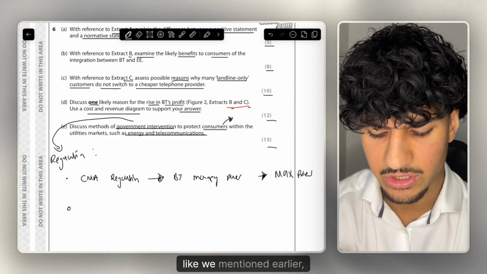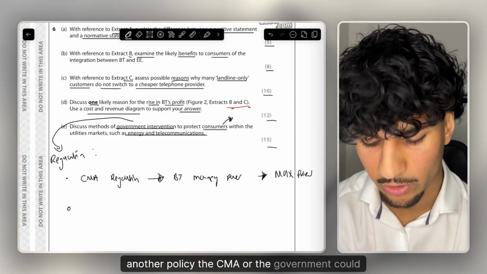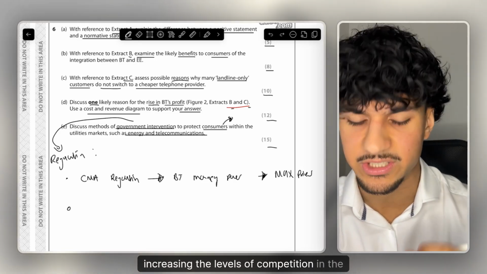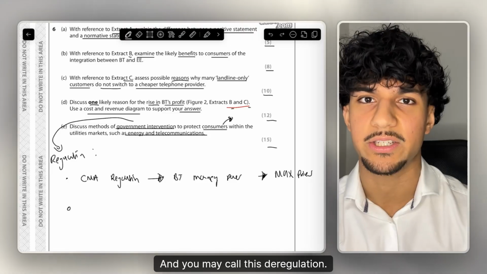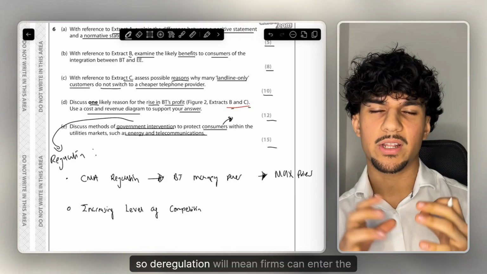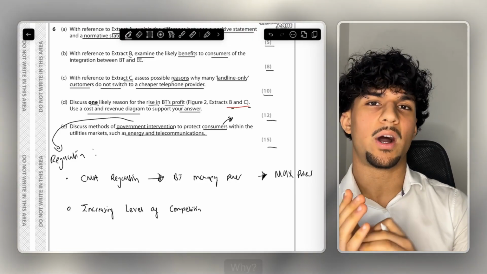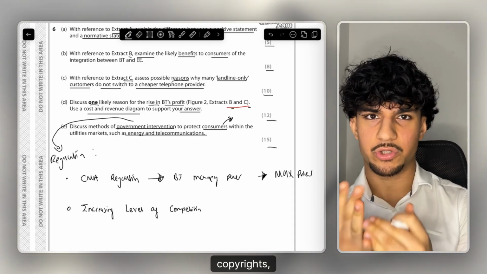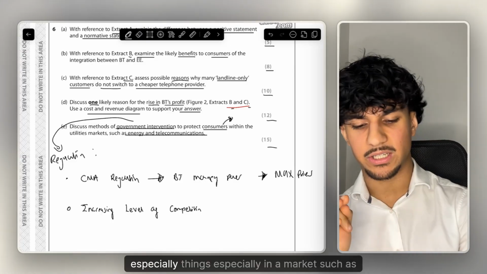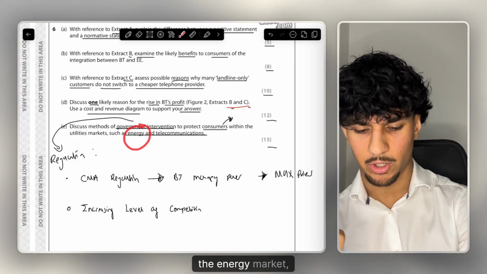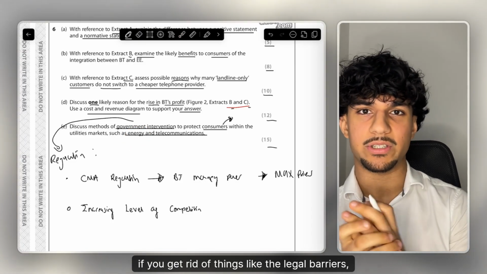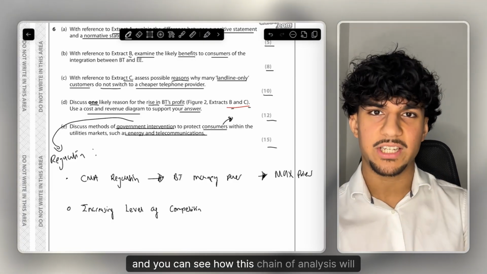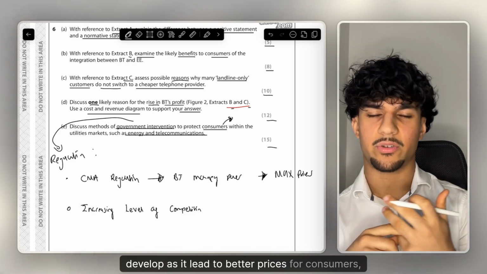But another thing, like we mentioned earlier, another policy the CMA or the government could use is increasing the levels of competition in the market, and you may call this deregulation. So deregulation will mean firms can enter the market more easily. Why? Since there are fewer barriers to entry, things like legal barriers, patents, copyrights, trademarks. If you get rid of things like this, especially in a market such as the energy market, it can really help new starting firms to enter the market. And you can see how this chain of analysis will develop as it leads to better prices for consumers,